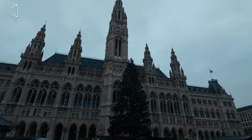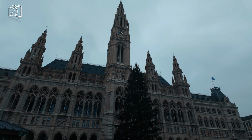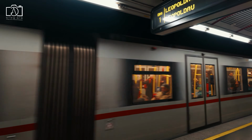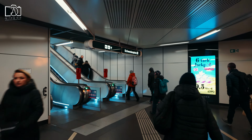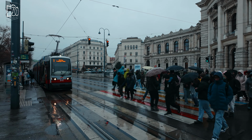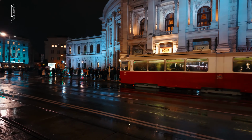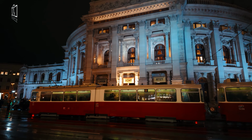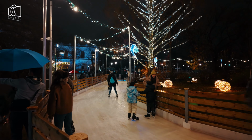The market is located right in the heart of Vienna at Rathausplatz, directly in front of the City Hall building. Getting there is simple. The easiest way is by taking Metro line U2 to Rathaus station, which stops just a few steps away. You can also reach it on foot from the Ringstrasse or nearby landmarks like the Austrian Parliament and the Volksgarten Park. Because of its central location, it's easy to include in any sightseeing route around Vienna. Best of all, entry to the market is completely free, allowing you to visit as many times as you wish